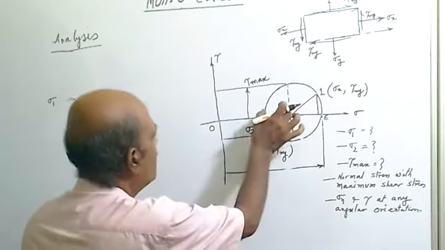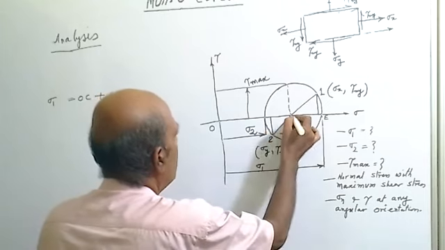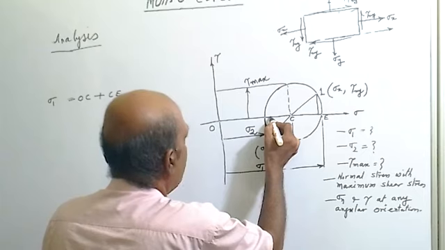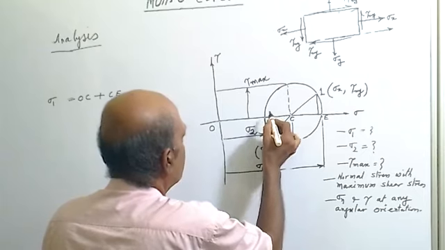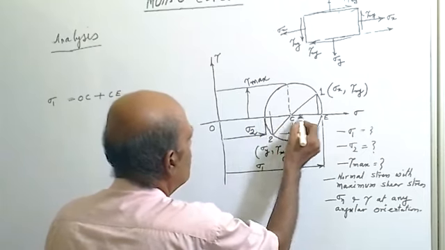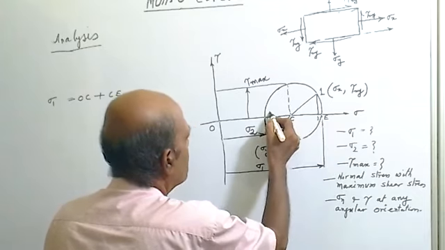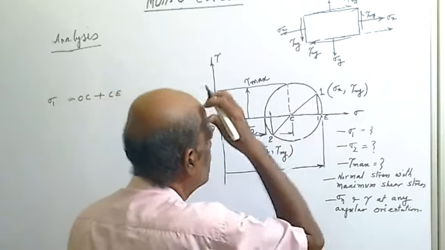Now what is OC value? Now OC value is sigma y, up to this it is sigma y. So up to this it is sigma x and up to this it is sigma y. So if we give the name